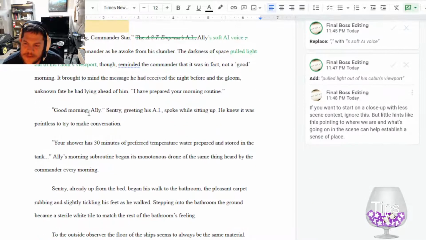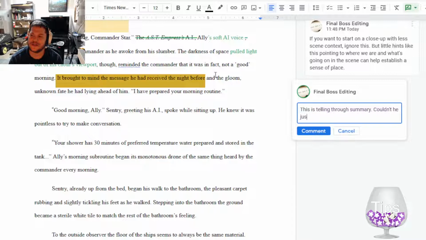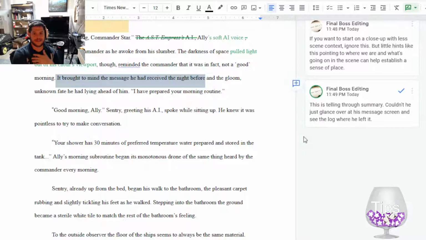It brought to mind the message he received the night before and the gloom, the unknown fate. So again, this is telling me, right? Like it brought to mind, this is telling through summary. Couldn't he just glance over at his message screen and see the log where he left it? Like, why doesn't he roll over in bed, look at his message log or whatever technology he has, and he still sees